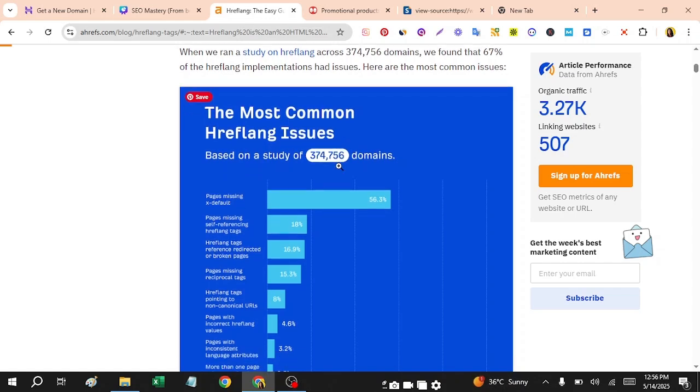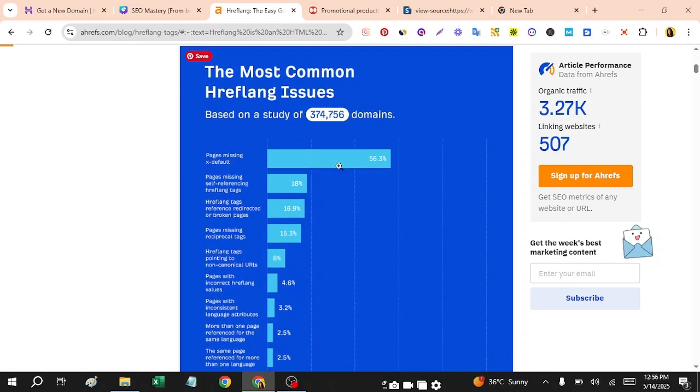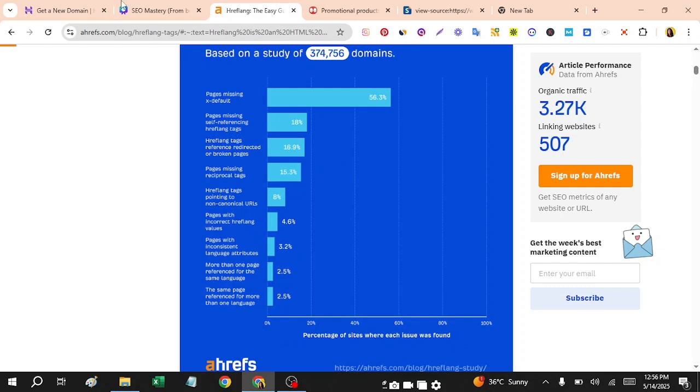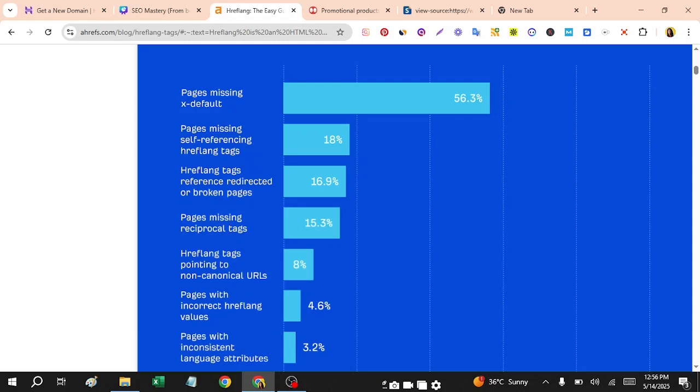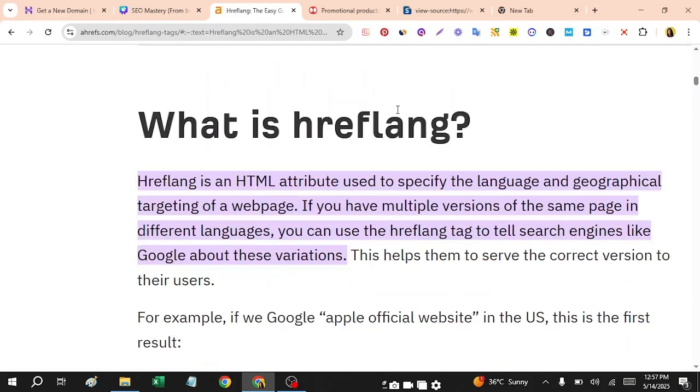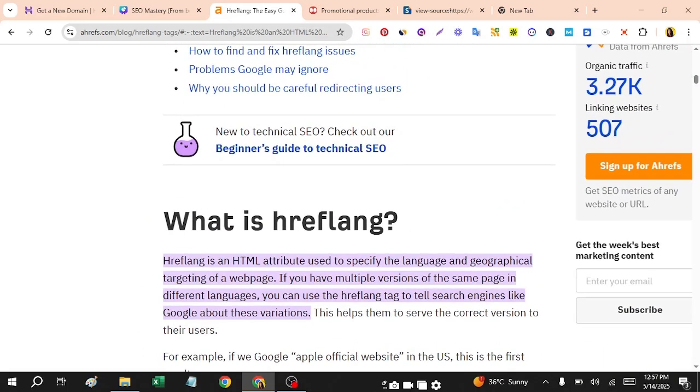I have explained what hreflang is, and here you can see some of the issues based on a study of 374,700 sites: a lot of pages are missing x-default, missing self-referencing hreflang tags, have references directed to broken pages, and pages missing reciprocal tags. So these are the issues somebody might face when doing hreflang.